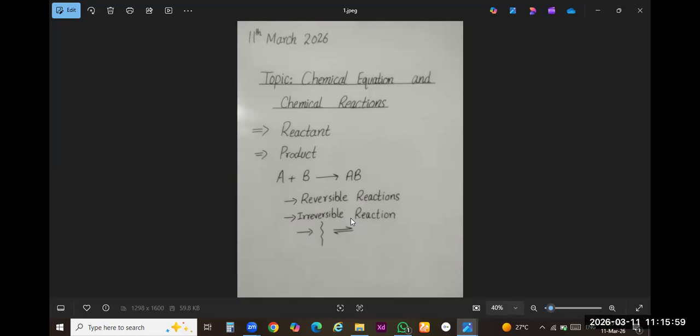Can you see these arrows? Class 9? Yes, miss. And this one indicate that the reaction will move only in one direction, only in forward direction. But you can see this arrow. There are two sides. First one indicate the forward and the second line indicate the reverse direction. So it means that the reaction can move in both sides, either in forward or in reverse direction, right? So in this topic, we will discuss reversible and irreversible reactions. Class 9, are you getting my point?